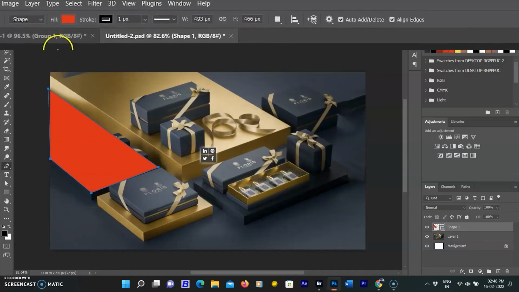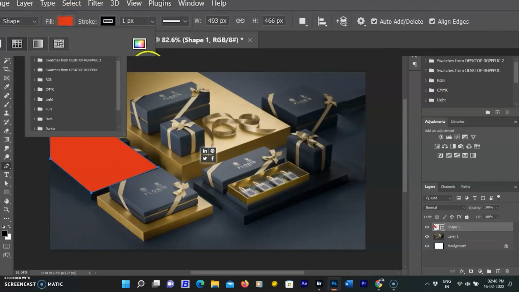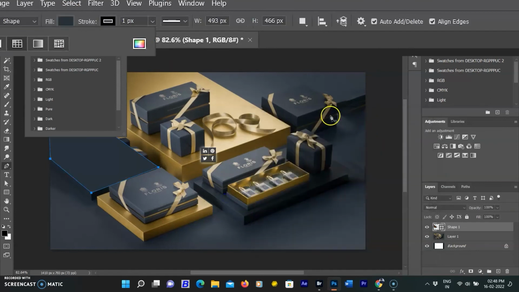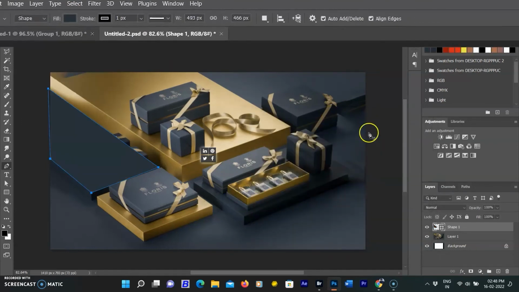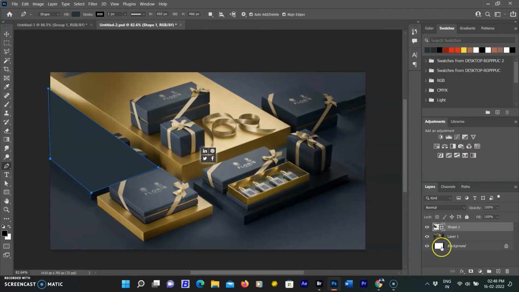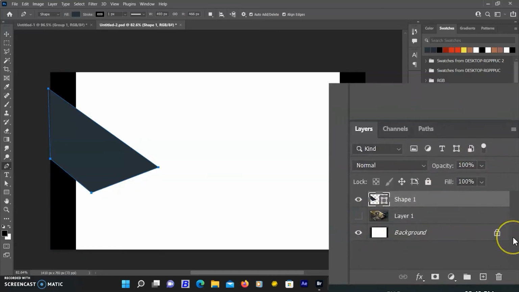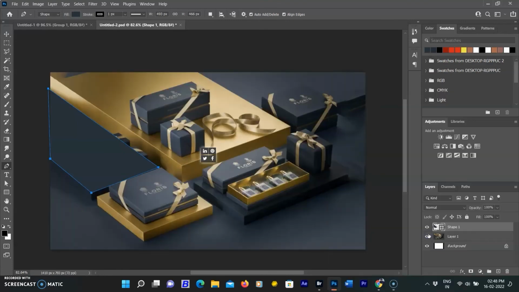I don't need red color here, so I change the red color to blue from the fill option. By doing so, the products placed on the original shape were covered. So you can composite this shape with your own products. Now I am hiding the original image layer by clicking on the eye icon. You can see the top shape was created same as in the image. I am unhiding it again by clicking on the eye icon. The new shape is perfectly placed on the original shape.